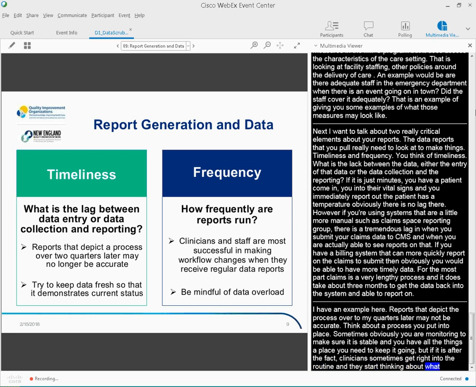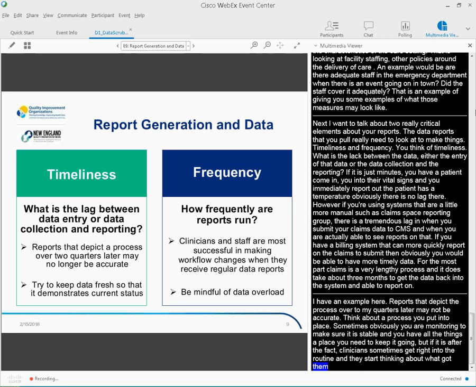Frequency. So how often are you running these reports? Clinicians and staff often need to have the data in a very timely manner, so you need to be looking, do I need to report these measures to the clinicians in a monthly report? Maybe in a weekly staff meeting, you bring up, this is your rate for this measure.